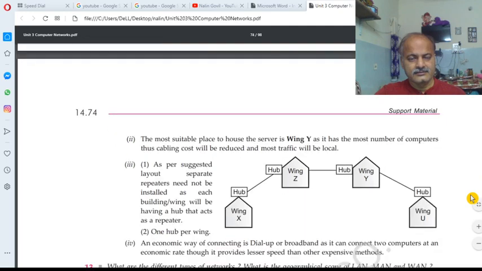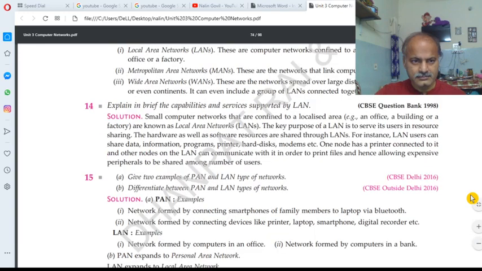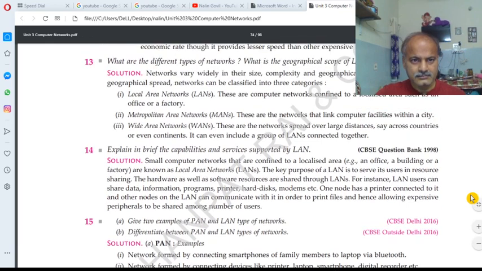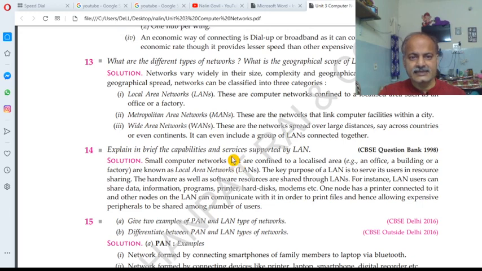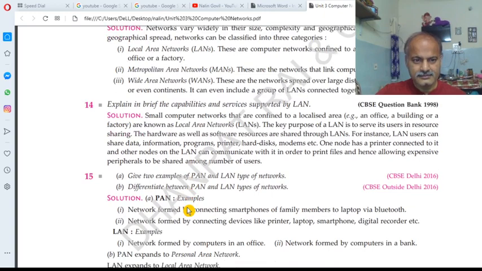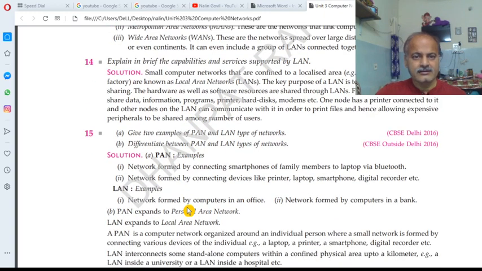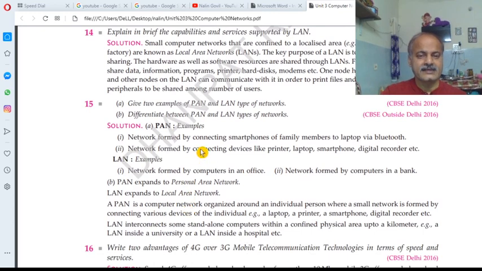So what are the different types of networks? What is the geographical scope of the LAN and WAN? Explain in brief the capabilities and the services supported by the LAN. Give the examples of the PAN and the LAN. So PAN is not in your syllabus, only the LAN type network.